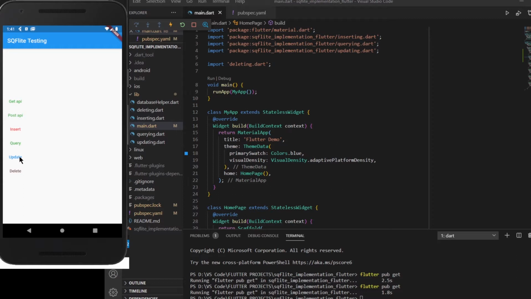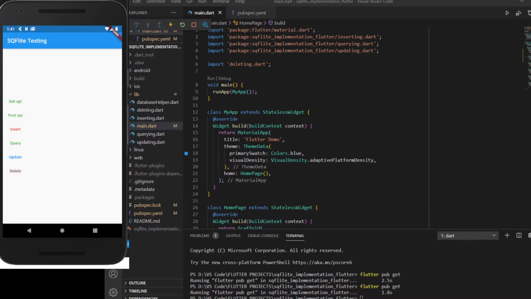The fifth one will be updating whatever is present inside the database in our application. And with the help of the last button, the delete button, we can delete the database or a particular value which is present inside the database. This database will be of type persistent. We'll be talking about it a bit later in this session.